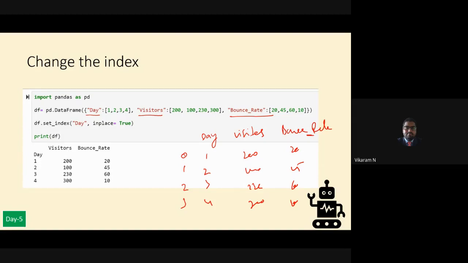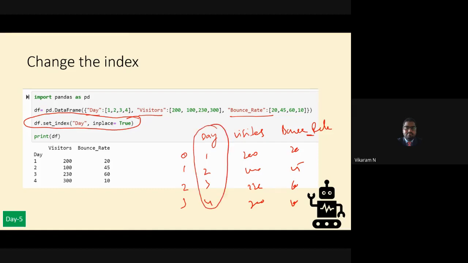But here I am using this line of code. What is that? I'm setting the index as day. While setting the index as day, in place, where I want to set the day here itself, this place itself is set as index.